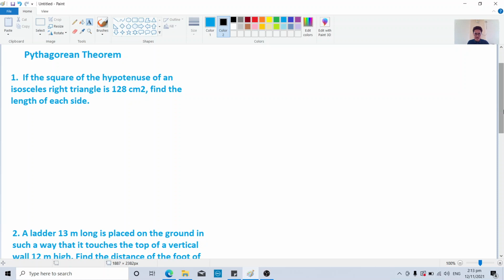For example, number 1. If the square of the hypotenuse of an isosceles right triangle is 128 centimeters squared, find the length of each side. If we say isosceles right triangle, two sides are equal. If we draw an isosceles triangle,